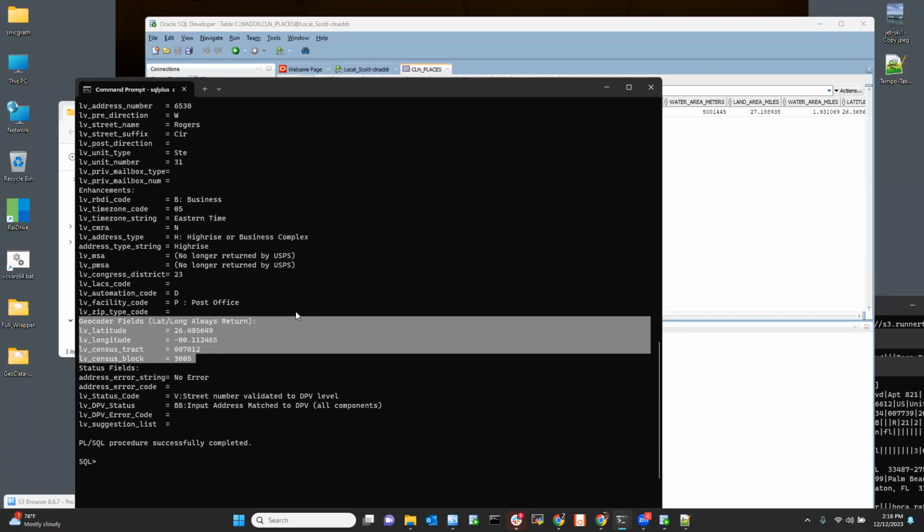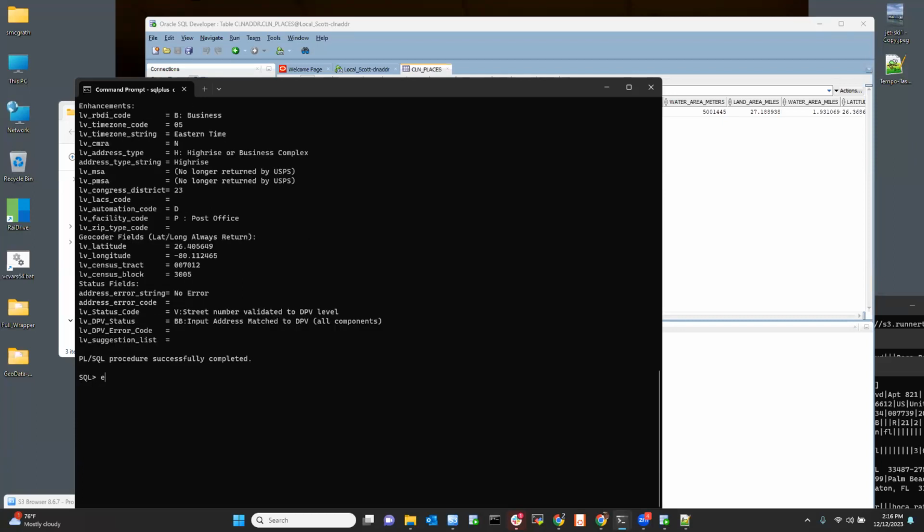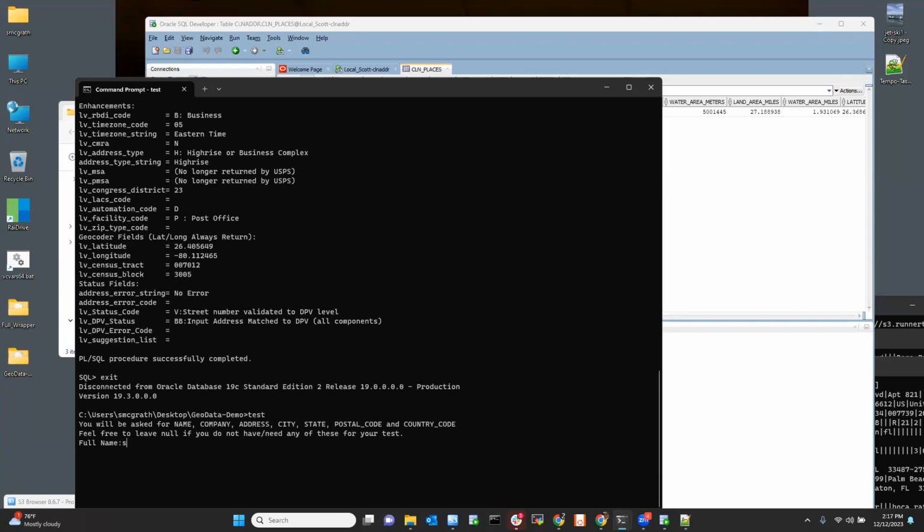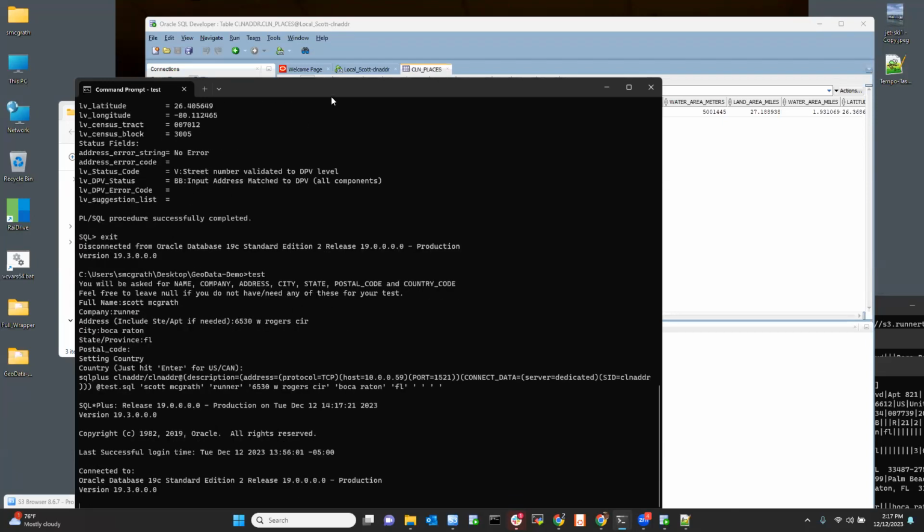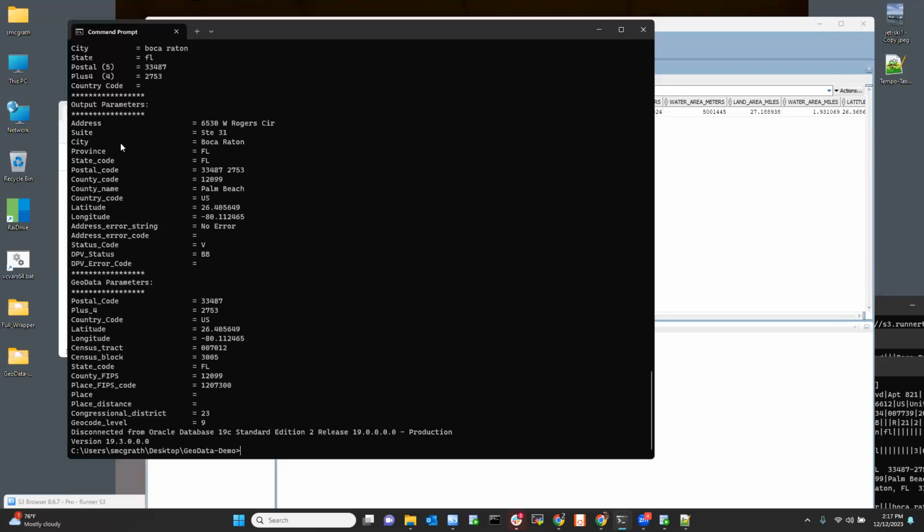It's a little bit more expensive than GeoData, which is interesting because if you have GeoData installed, you don't just get the latitude, longitude, census tract, and census block.